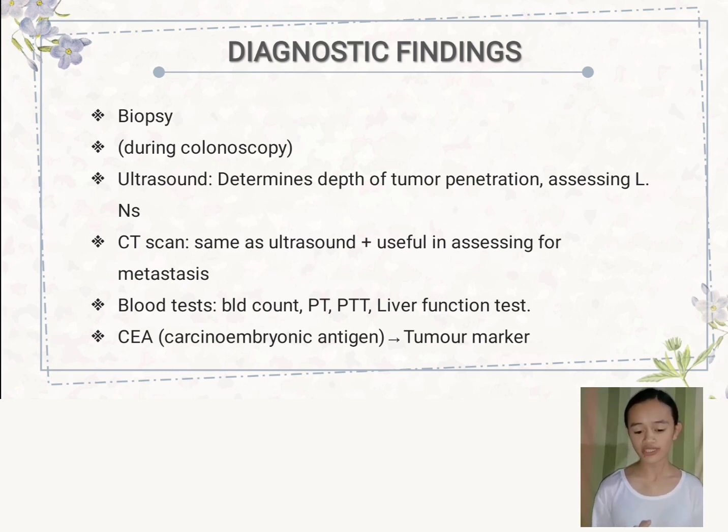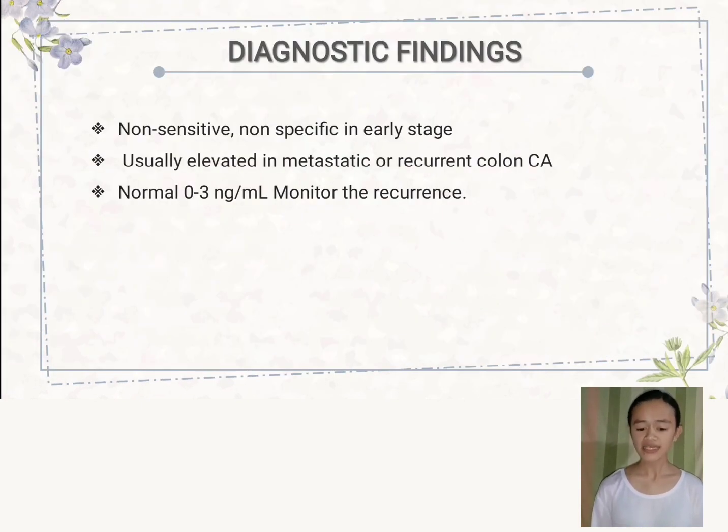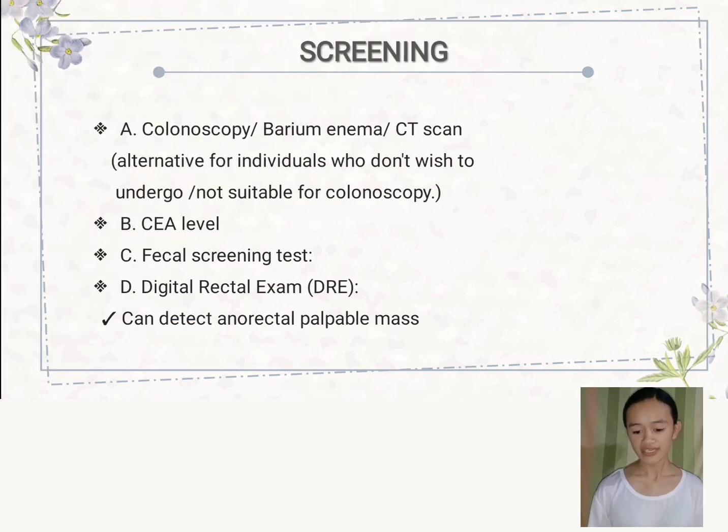Carcinoembryonic antigen or CEA is a tumor marker, non-sensitive and nonspecific in early stage, usually elevated in metastatic or recurrent colon CA. Normal is 0 to 3 nanograms per milliliter, used to monitor the recurrence. The next is